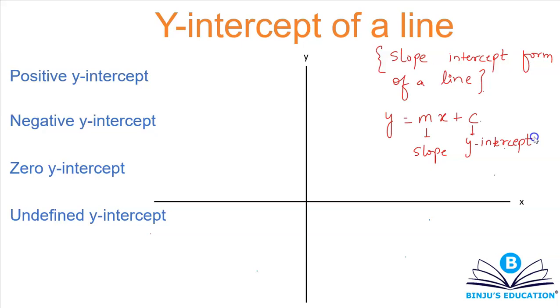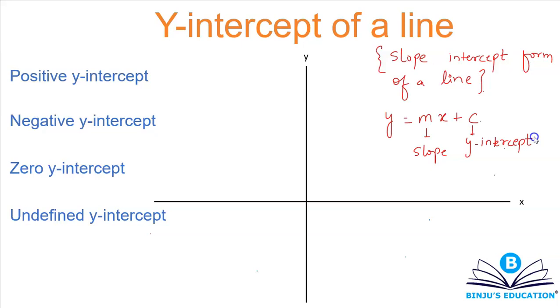There are other ways of writing equation of a line also. For example, you can write ax plus by plus c is equal to 0. That's one of the general equations of a line. And this one is known as the slope intercept form of a line. Either way, it doesn't matter. Whichever way you want to write, you can write it. Now slope we have already discussed. In this case, we'll be discussing the y-intercept. Then I'll also explain you the x-intercept. Okay, I'll explain you both the things.